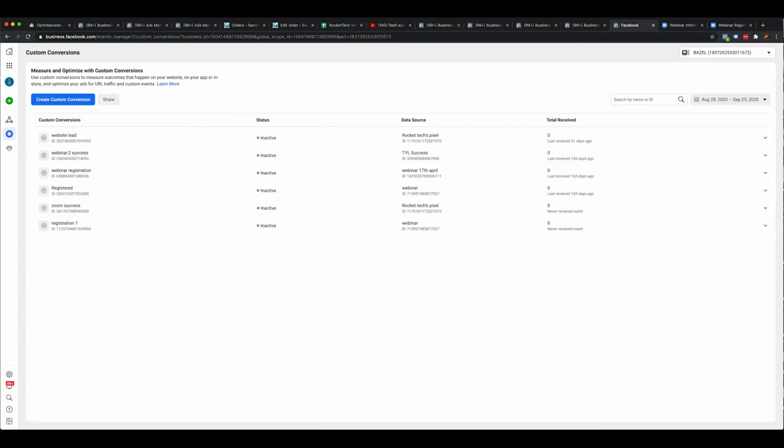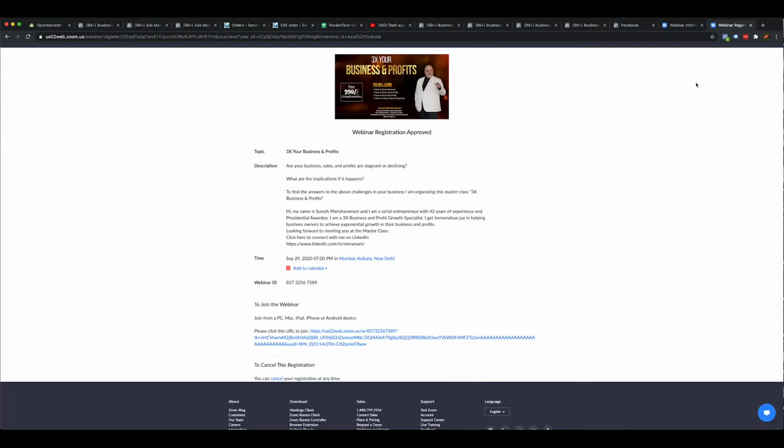What you have to do is you have to track performance. If you want to track performance from Zoom's landing page, the keywords that you will use in your URL structure will be Zoom or success or whatever, because you want to track all the people who are coming to this page. That is the number one way of tracking from here.